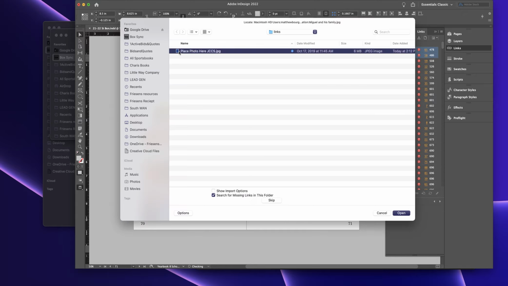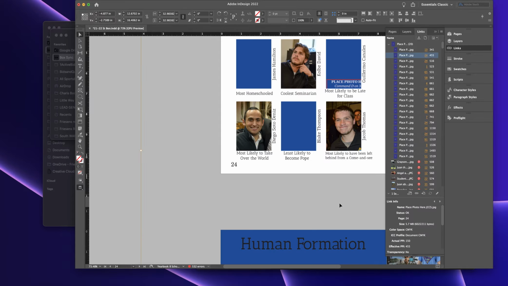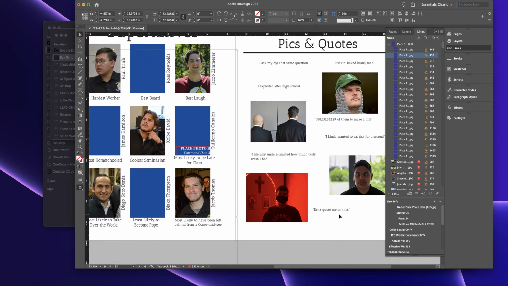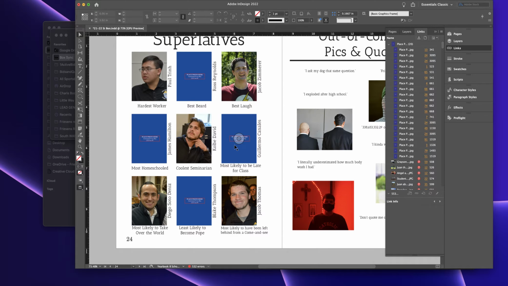So you say, okay, it does kind of beat having to place it over and over again, right? So now when I go to that particular page, those pages where I have my new photo selected, I can take those photos and, boom, I got my new photo in there. So it's like if you want to take a template and just replace it,